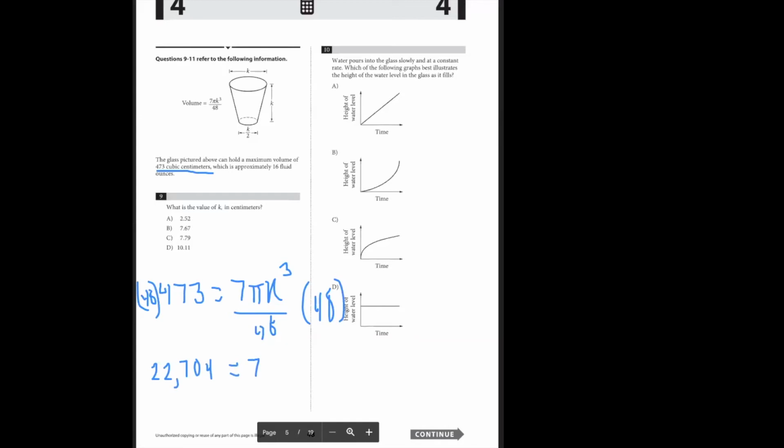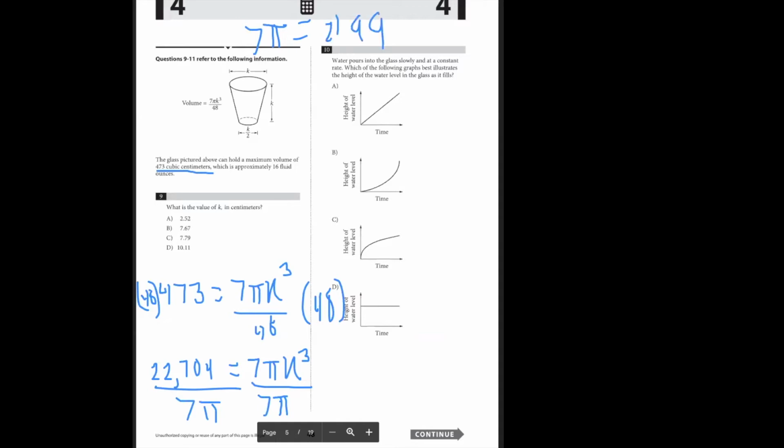And then you still have 7 pi k cubed. So now what I'm going to do is divide by 7 pi on both sides. This can be easily done with the TI-84, like with calculus and pre-calculus, like the ones that we use for those classes. But if not, you can always just do 7 pi on the side and just give an approximation, because you don't need to do everything precise. And when you do that, you should get around